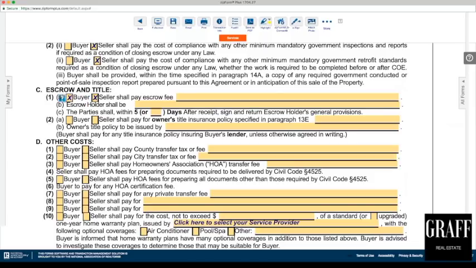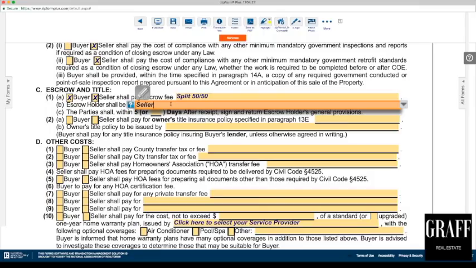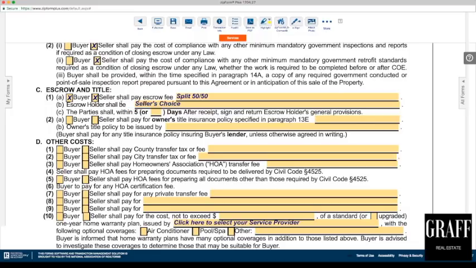In Los Angeles, California, it is typical for the buyer and seller to split escrow costs 50-50, and also allow the seller to choose who the escrow holder is. In other areas of the state of California, things are traditionally done differently. So look into how things are done traditionally in your local area and do that. Otherwise, people will think there's something weird, you don't know what you're doing, or